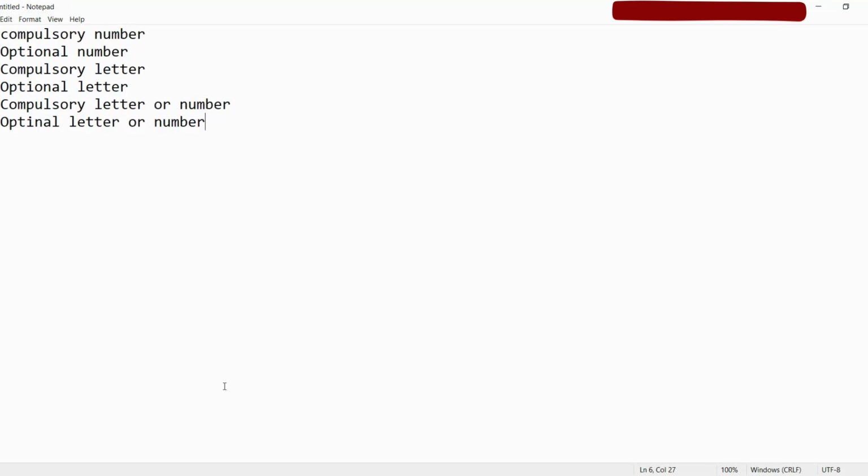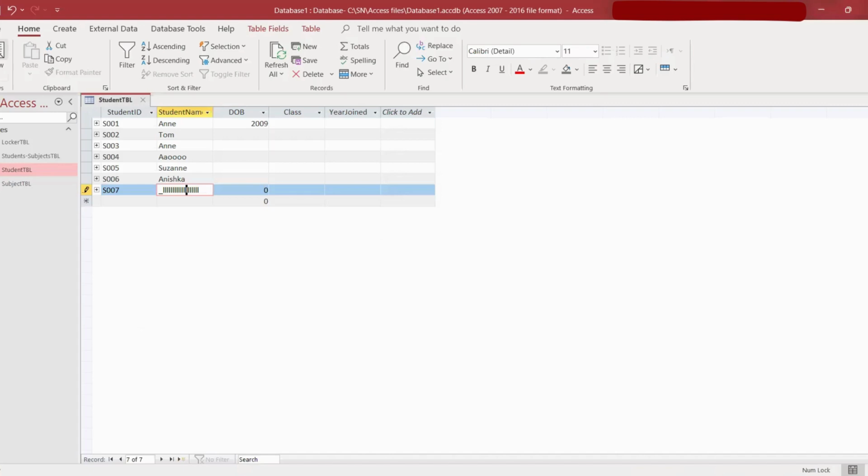These are the simple things. In the previous video, I also mentioned that it does not specify whether the letters are capital or simple. So we are going to use the greater than sign or less than sign to do that, right? So in this case, if I go back to the datasheet view,